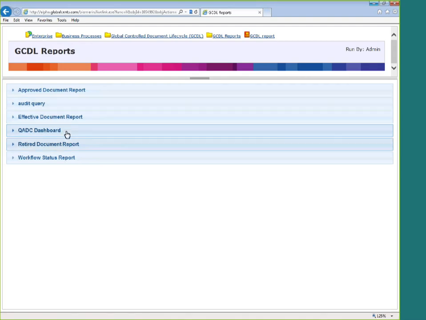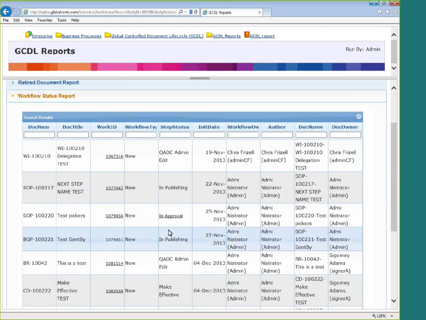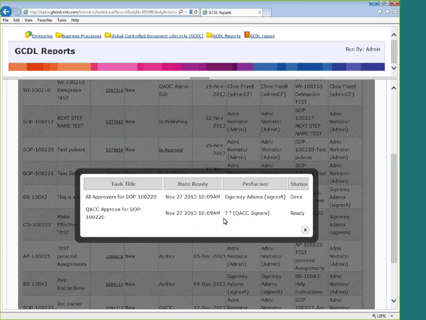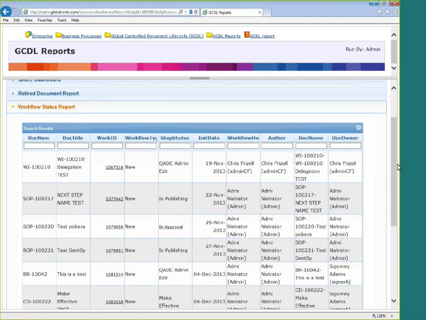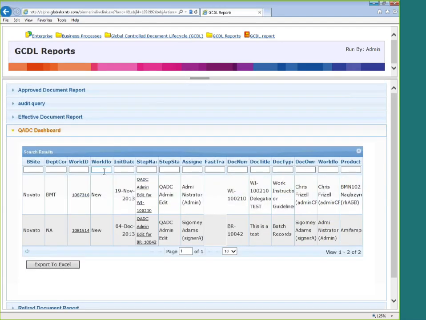In this case, for this workflow, I noticed that I happen to have one workflow here that's in an approval step to multiple people, so I can even check the status of that by clicking on it to see which steps have been finished and which ones are still yet to go. I can move around in between the different reports that I want to see and display all the data I want. And once again, it's easy to filter or sort any way that I want. And as an extra feature, you can export the results to an Excel spreadsheet if you want to save it for a later time.